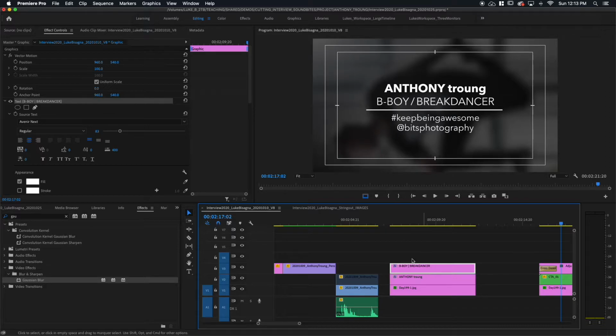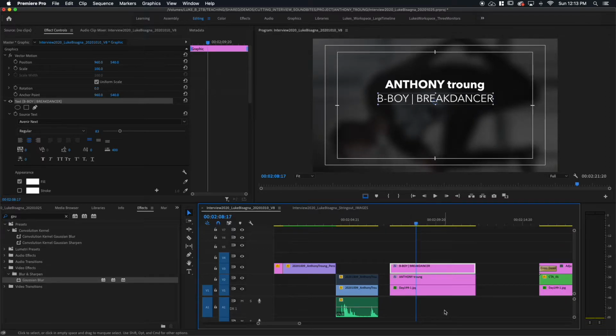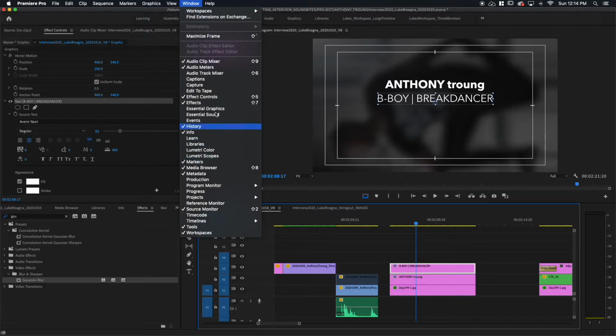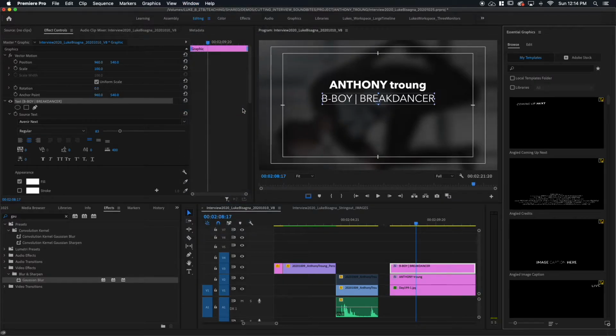You can see here in the example, this line. So I need a special panel for this. I cannot do this with the normal text controls. I need another panel that's called the Essential Graphics panel. So if you go up to Window, click on Essential Graphics, it'll launch this other panel, which usually appears here on the right. I don't like it there.